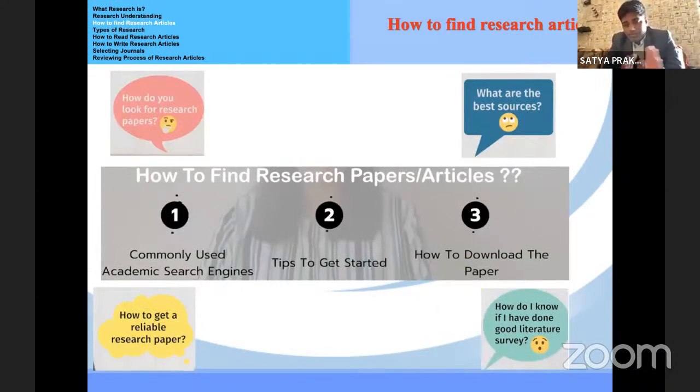Now, what is the next phase? In the first section, I explained what research is. In sum, I explained that it improves your knowledge and helps improve your steps.